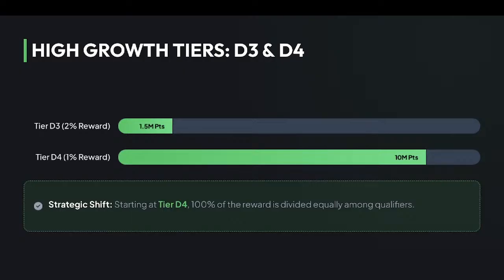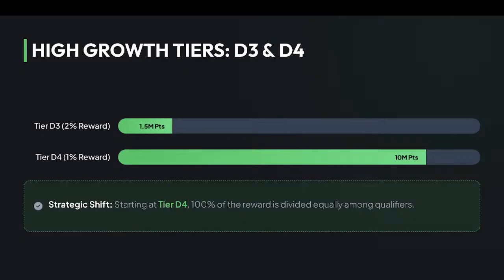The distribution remains at the 15% split between the equal division and the rate system. The retention period for tier D3 is expanded to 30 days, giving leaders a full month to accumulate the accelerated value. So next is tier D4, which represents a massive milestone in the ecosystem. This tier requires a highly significant 10 million contribution points. The reward pool at this level is 1% of the global level burn, and it comes with a 40-day retention